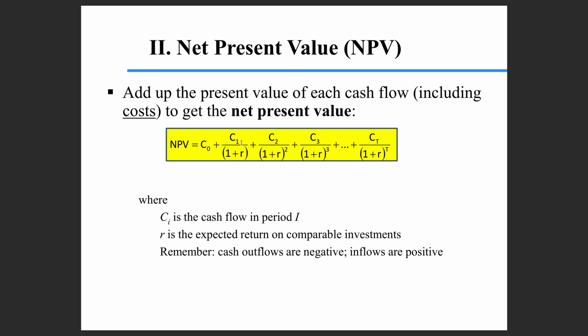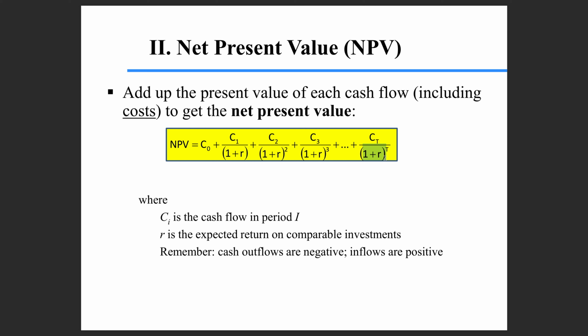I can see this effect more and more when the cash flow is received further and further in time. And this is because 1 plus R is raised to the power t, which produces larger and larger denominators in this fraction. So by looking at this equation, we can see that when R goes up, the result will decrease